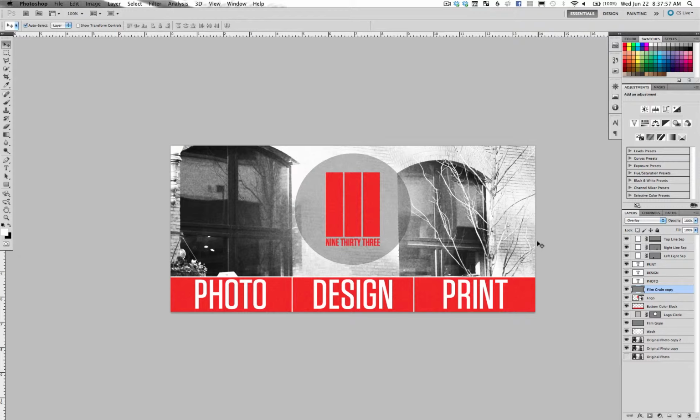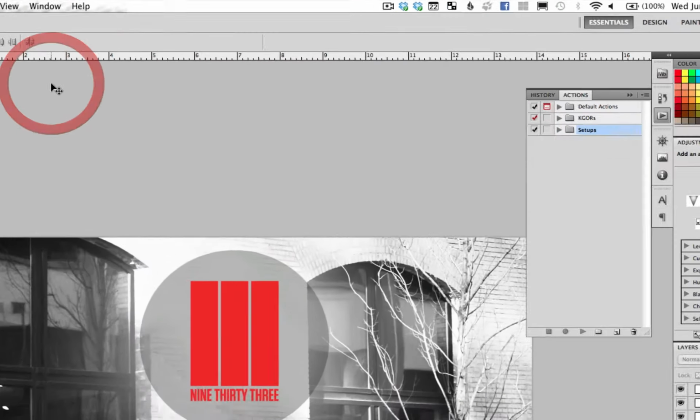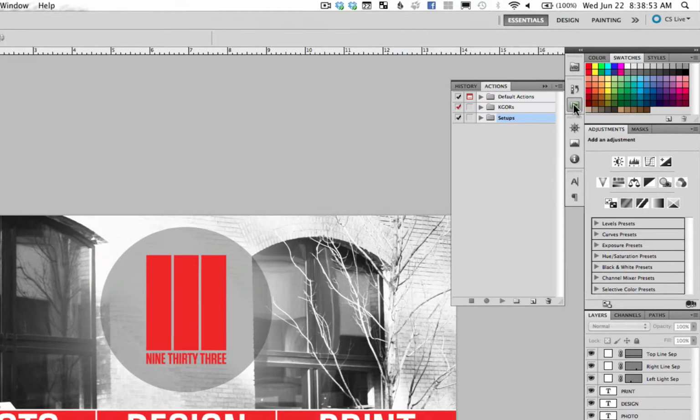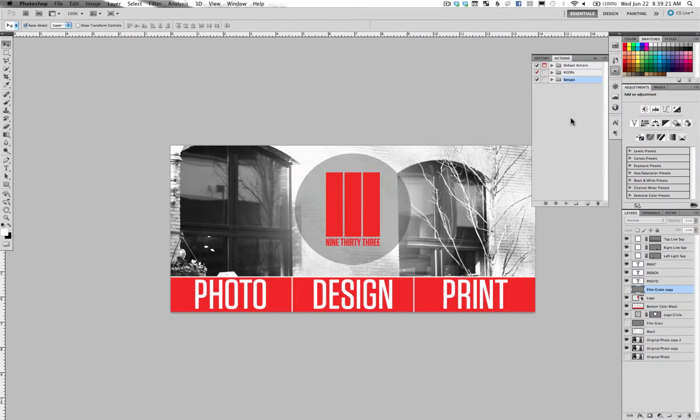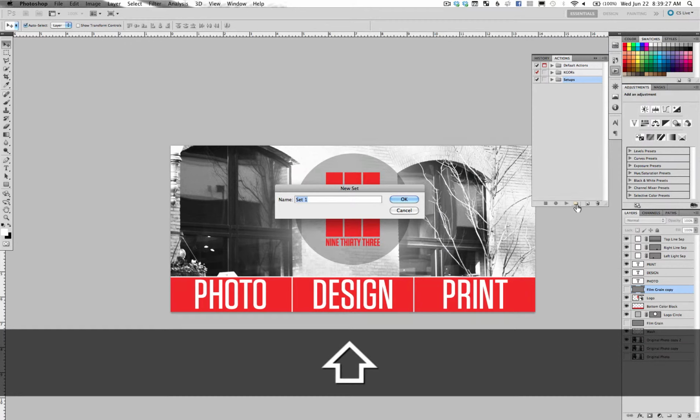And so to do that, I'll just toggle these off, but you can delete your film grain layer if you'd like. So to create your own action, we're going to go up to Window, Actions. And if it's already over here in your window, just look for the play symbol and go ahead and click that, and it opens right up. The next thing we want to do is create a folder to store our actions in. And to do that, you just click the folder icon here, name it whatever you'd like,